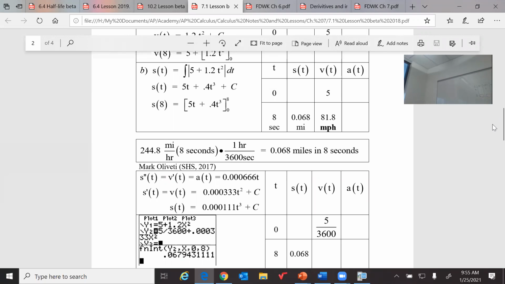244.8, which is miles per hour, times 8 seconds times 1 hour is 3,600 seconds. So this thing right here is 1. 1 hour equals 3,600 seconds. And that gives you this many miles, which is that. Now,